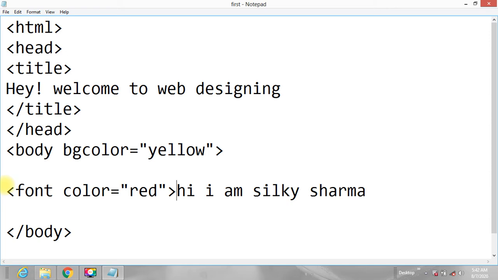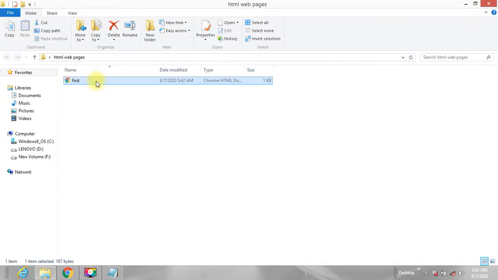So if you want only this text red, close the font after Sharma. Close this font after Sharma, so your text will be in red color. Now Ctrl plus S, your changes will be saved. Now again open this web page. See, yellow is the background. Now your text color is red. You are able to see the changes, children.